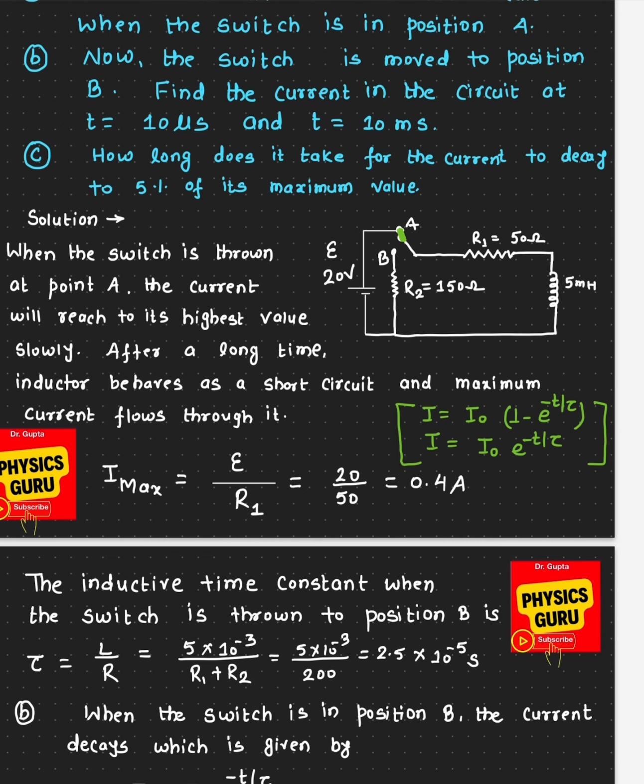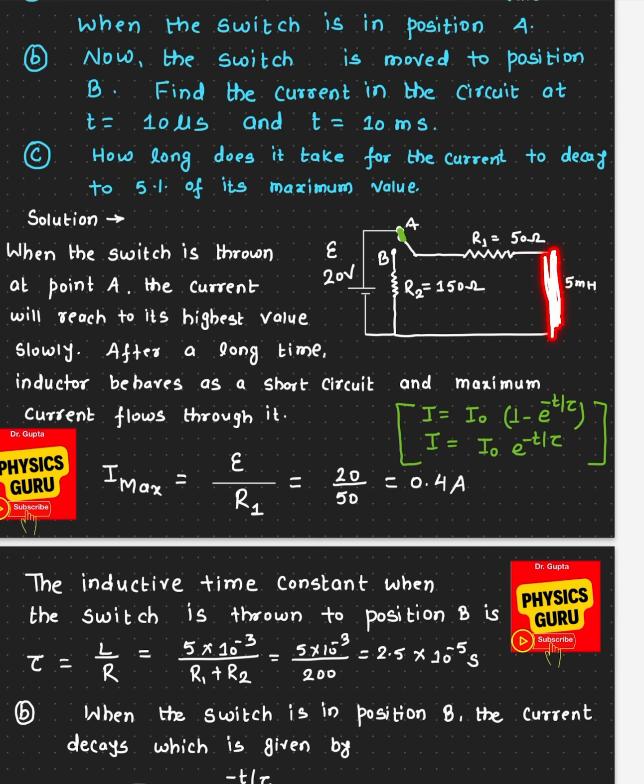After a long period of time, the inductor will no longer resist. It will resist initially, but after a certain period of time, as there will be a steady current, there will be no opposition by the inductor. As there is no change in the magnetic flux, there will be no EMF induced. In simple words, after a long period of time, this inductor will simply behave as